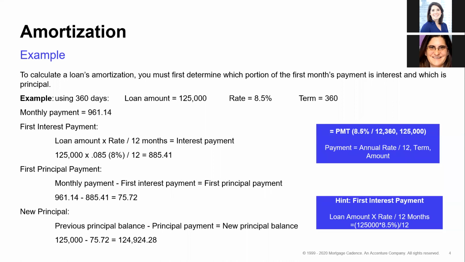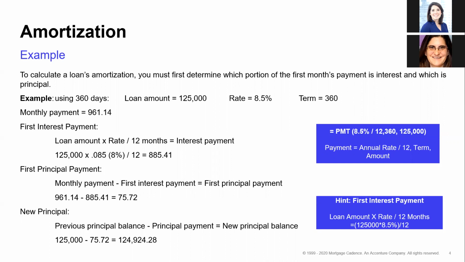So in most types of payments, amortizing payments, each payment that you make to your creditor is a little bit of both. And so the first thing you need to do is figure out which part is interest and which part is principal, so that you can understand what you're working with. And so here I've given you the payment formula in Excel. If you really like doing your Excel, it can be a little more complicated. For instance, I tend to round my Excel payments, but that's the basic payment function. And that would have yielded us a payment on this loan with these terms of $961.14.